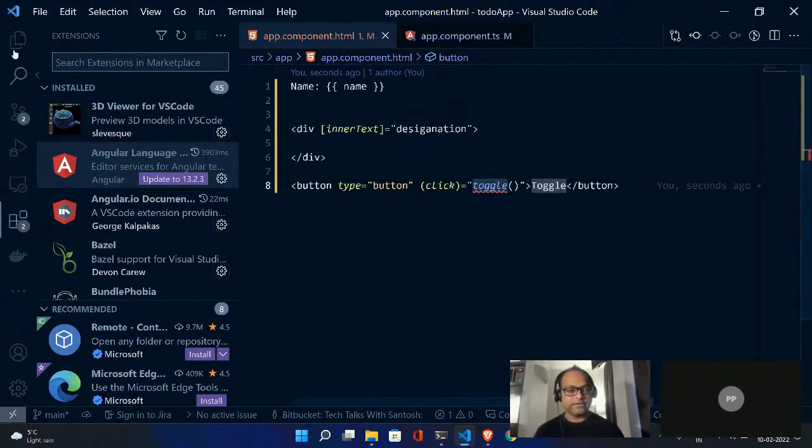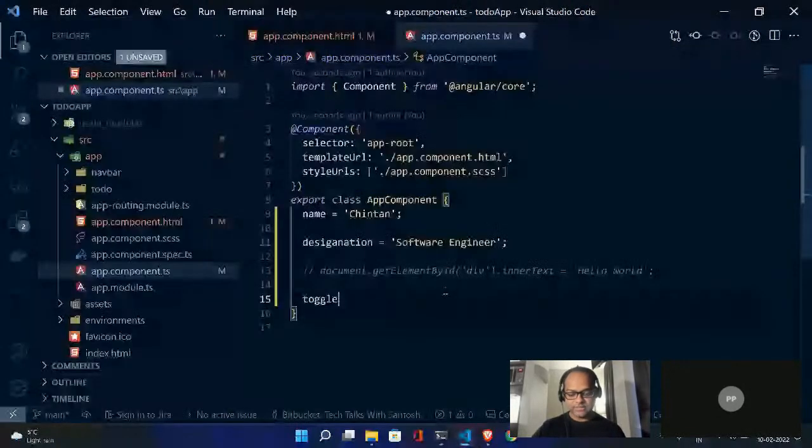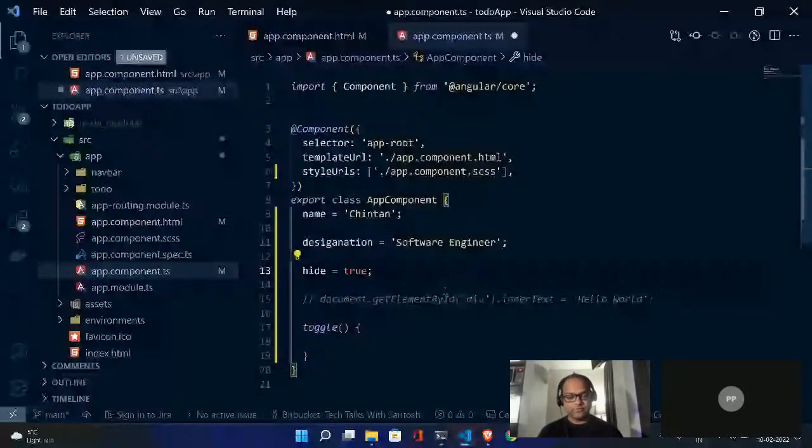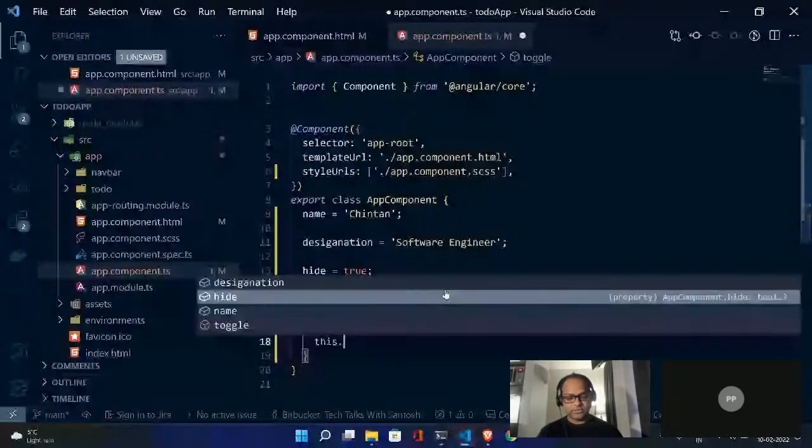So we have to go ahead and use the TypeScript file, and let's use the toggle button. I'll create a variable hide, or let's say toggle is already a function. So hide is equal to, and whenever we click, what we want to do is this.hide equals not this.hide.